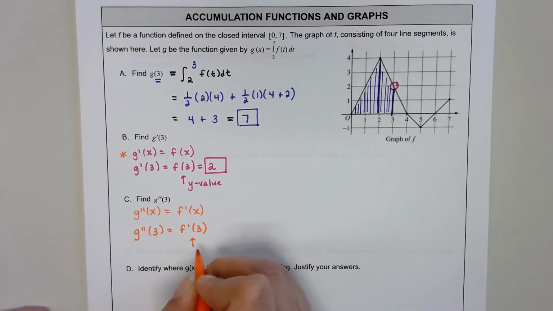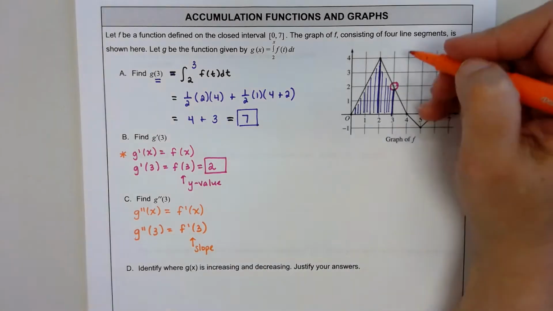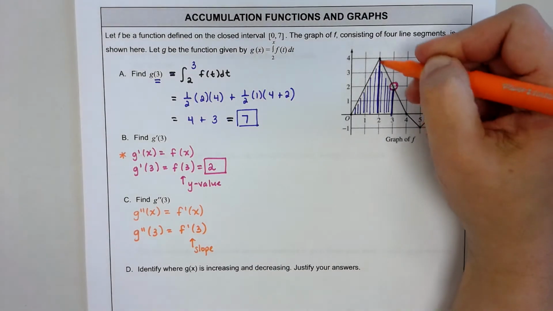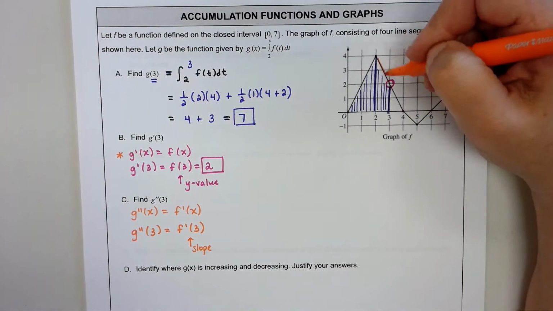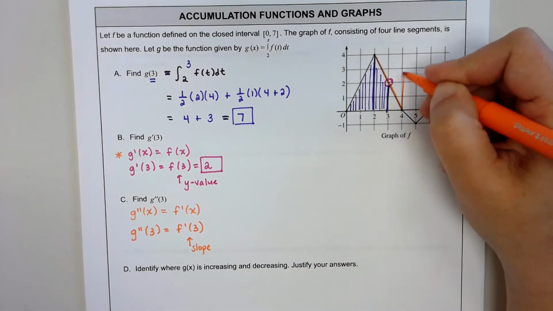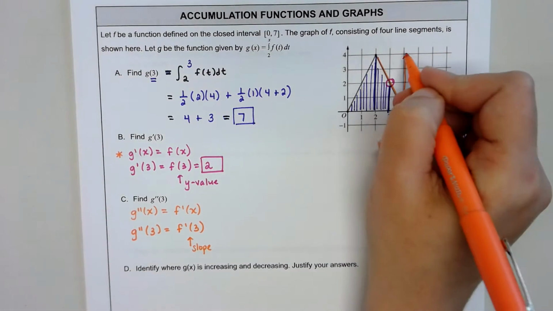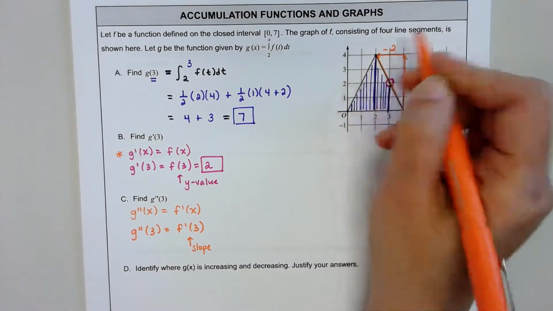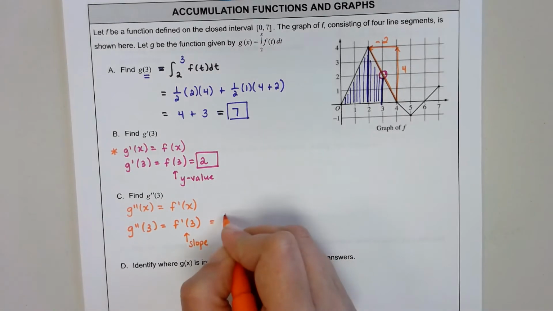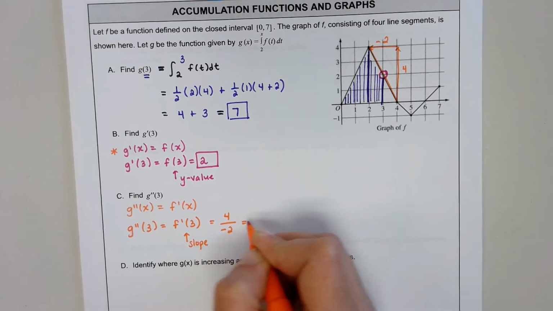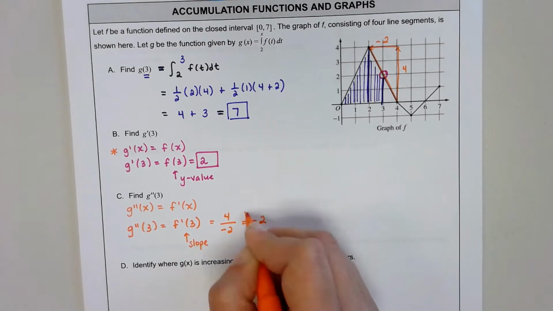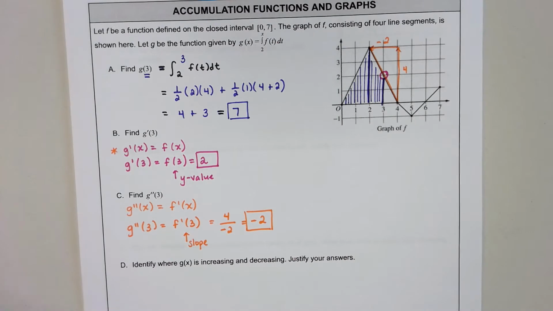F prime of 3 means the slope at the place on the graph where x is 3. Now this slope is going to be the slope of this line segment. So to find the slope, I'm going to rise 4. The run will be -2, which means the slope would be 4 over -2, which is just -2. Now, these first 3 questions should be a review of something we learned in Module 6, or Chapter 6,